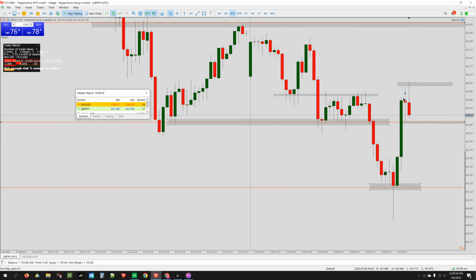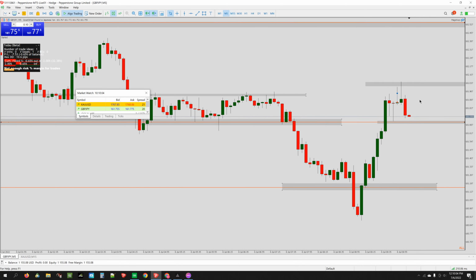I have done amazing risk management. First of all, I waited patiently for this lower wick. It created a lower wick as it started breaking its own high. I executed a buy position, and